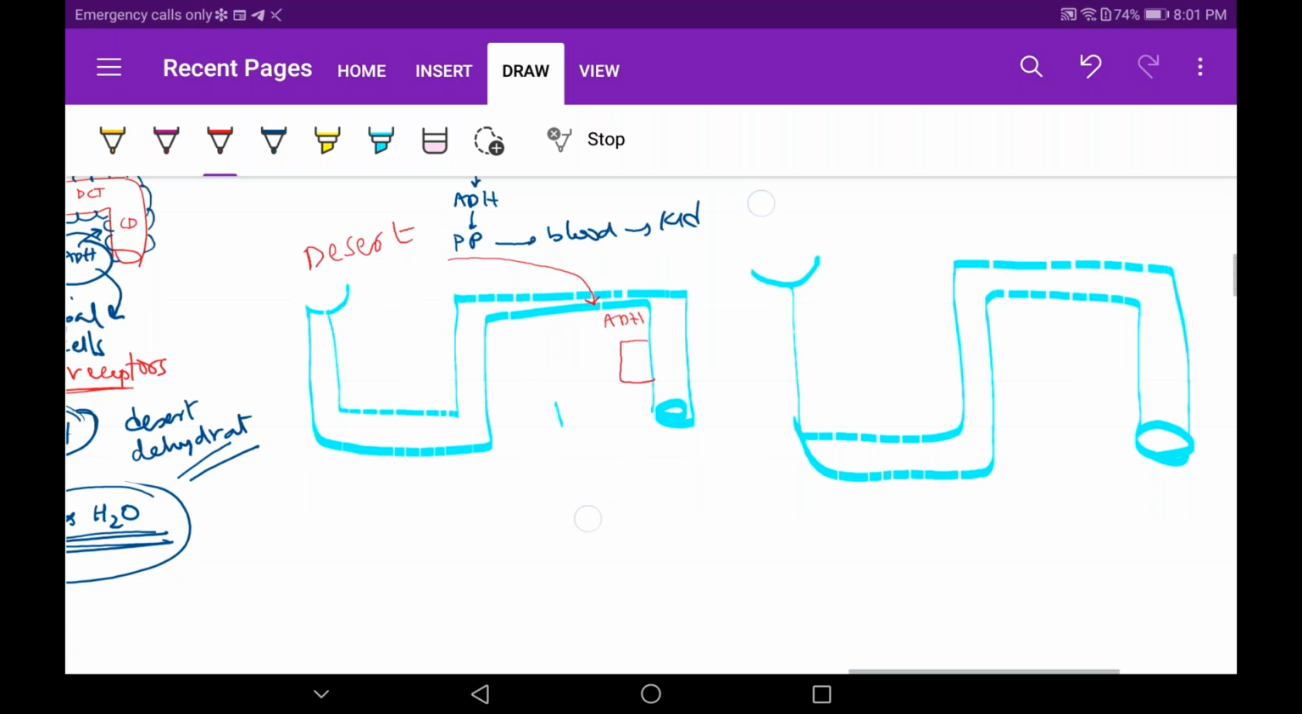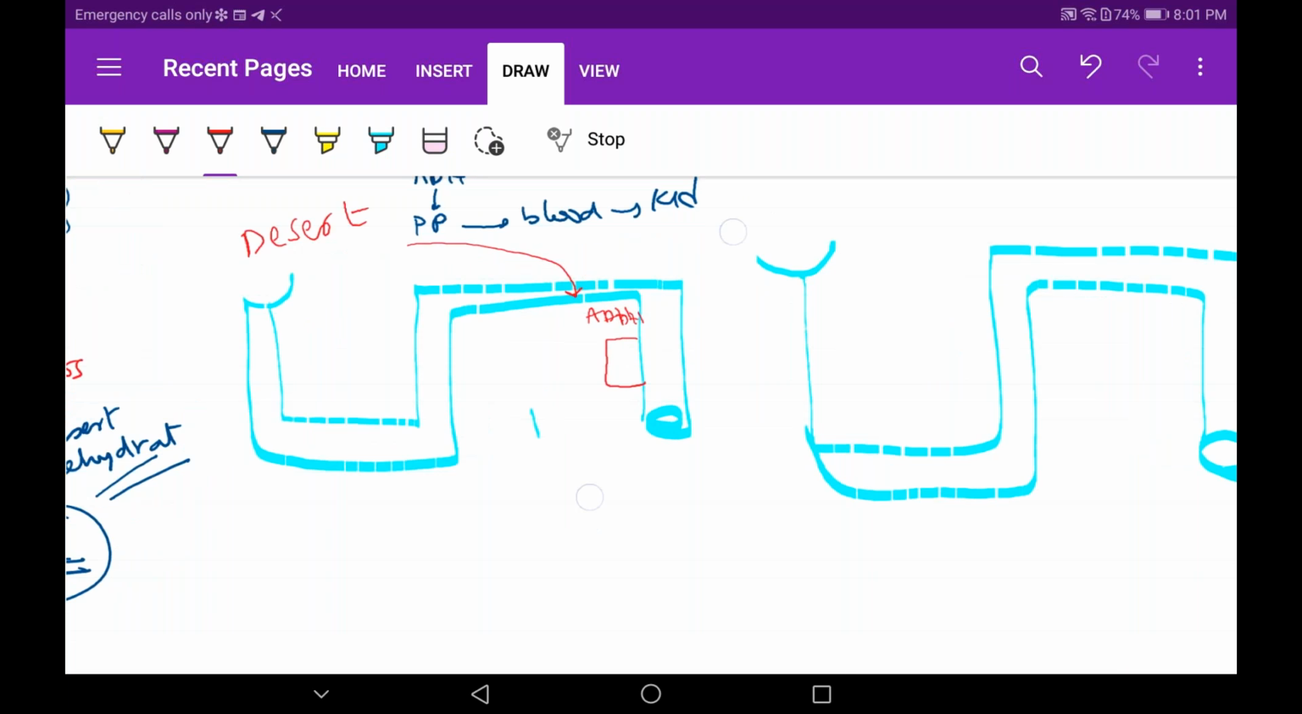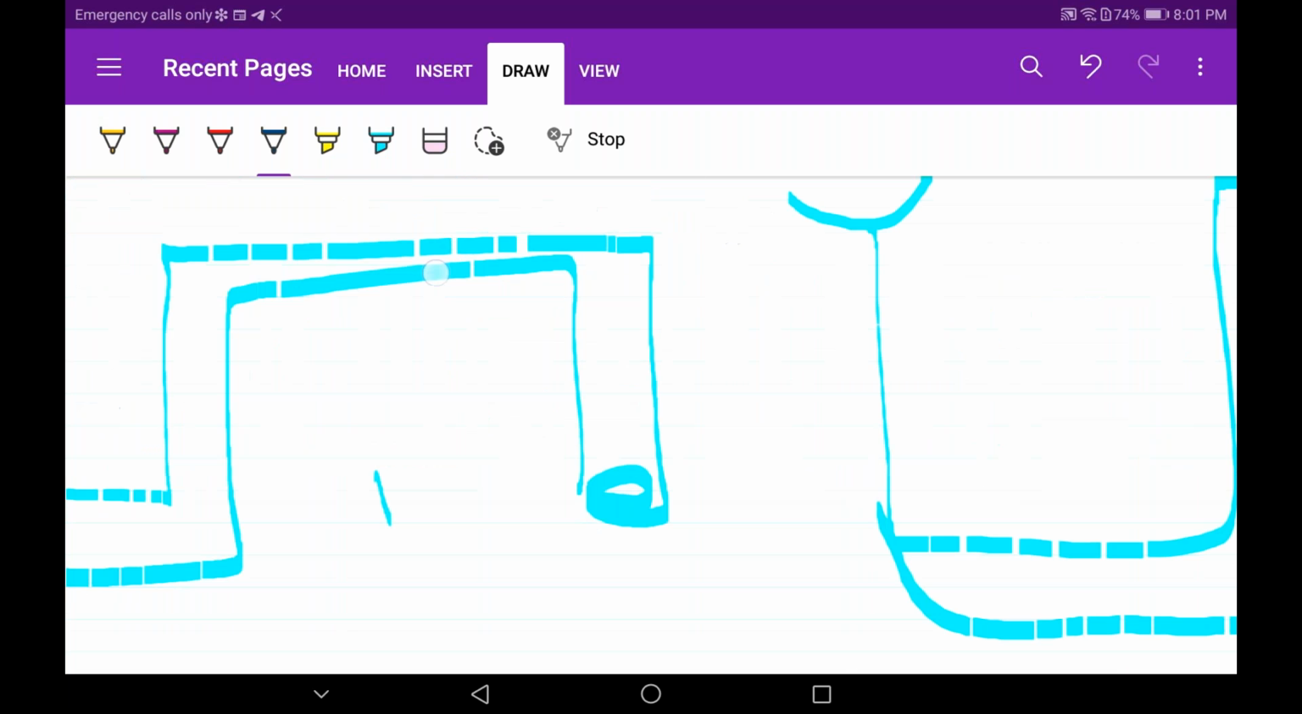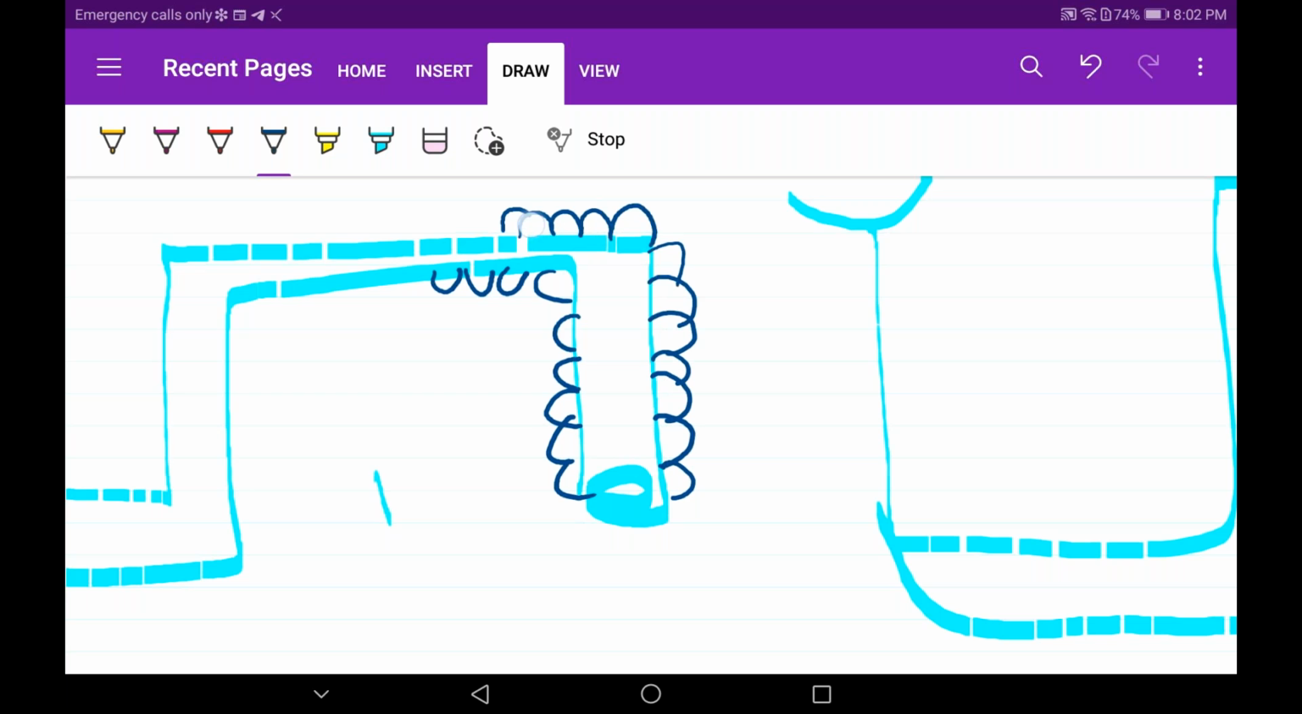I'm drawing the actual diagram. This P cell, P cell, P cell, so many P cells means so much water reabsorption occurs in the ending part of our nephron. This is the most important statement for today. Most of the water reabsorption when the person is dehydrated occurs through the ADH secretion, which will reabsorb the water mostly in the ending part of the